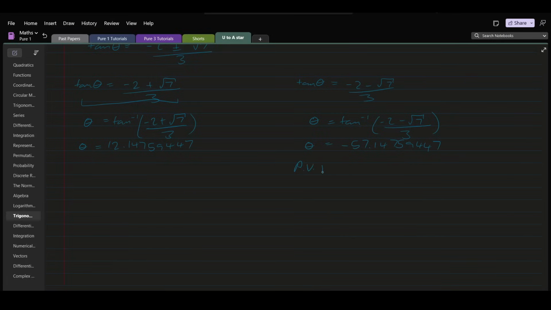So we'll use PV plus 180n to get the solution that's within the interval. Substitute n with 1. This is the principal value over here, so that would be PV plus 180 times 1, and that gives us 122.8524055. This solution is actually within our given interval. So we can conclude that theta is equal to 12.1 degrees, and theta is equal to 122.9 degrees, and this would be our final